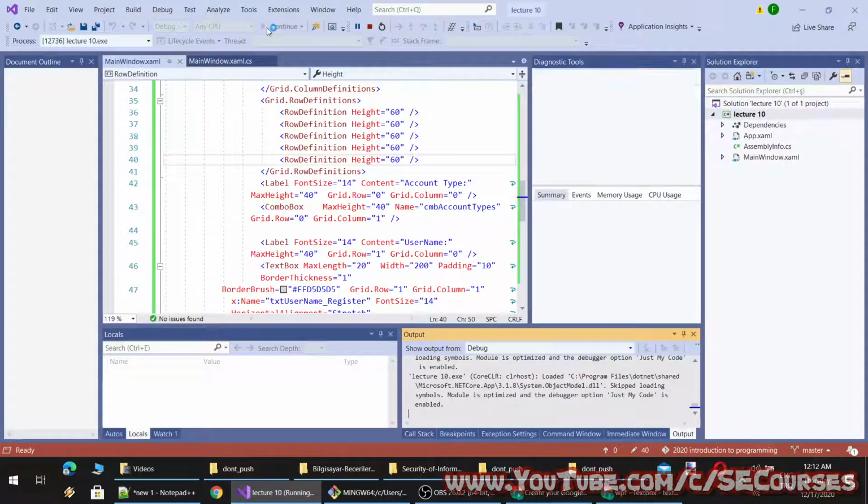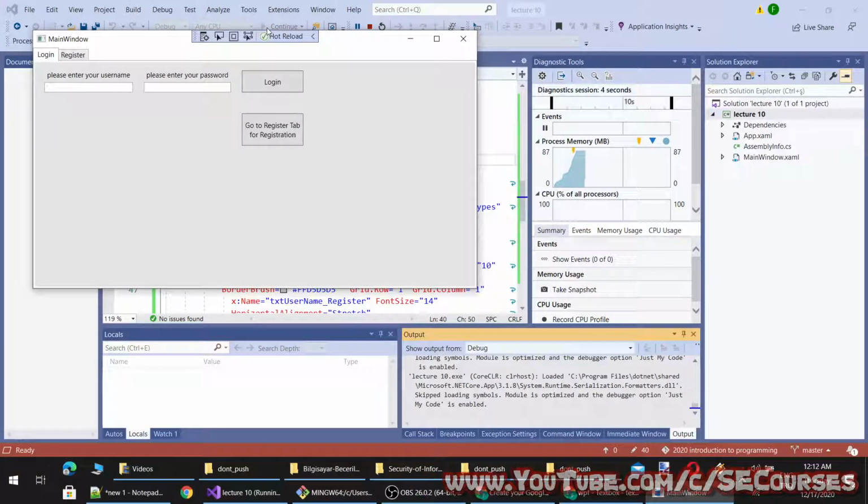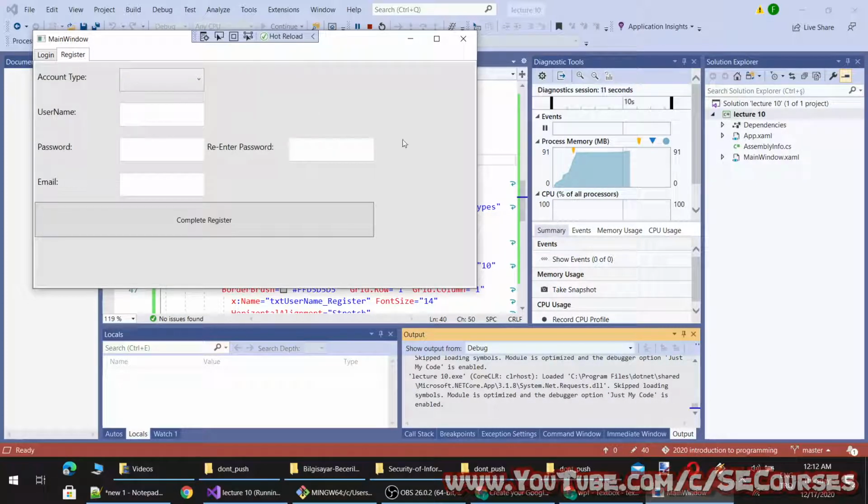By the way, I have never done any real interface design in any of my Windows-based applications because I didn't do any commercial application. Therefore, I didn't need good design. However, you may need good design in future. Okay.